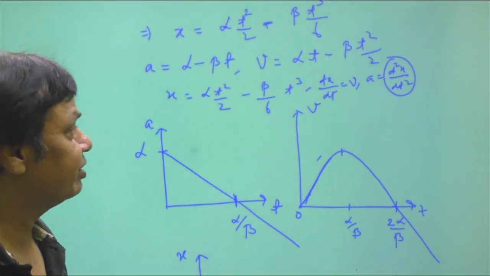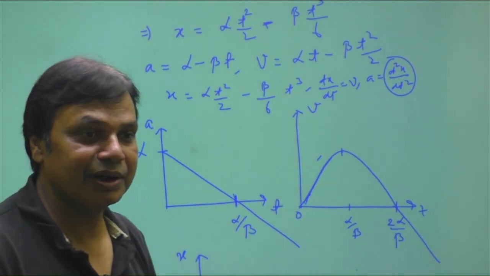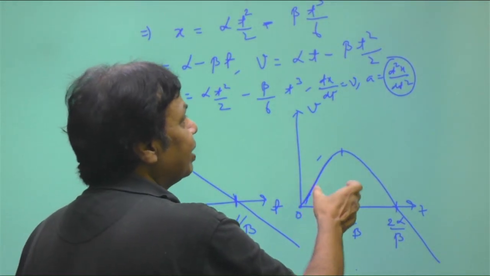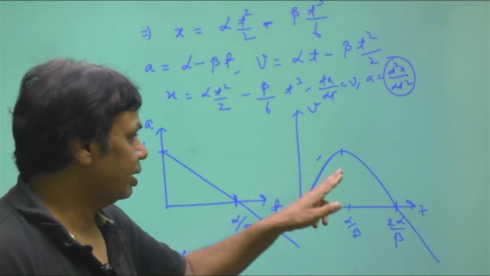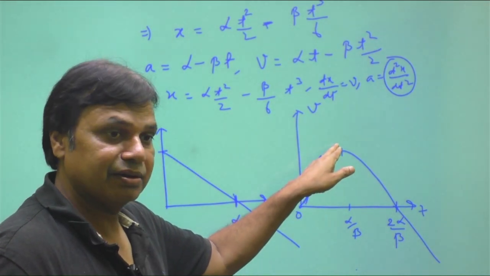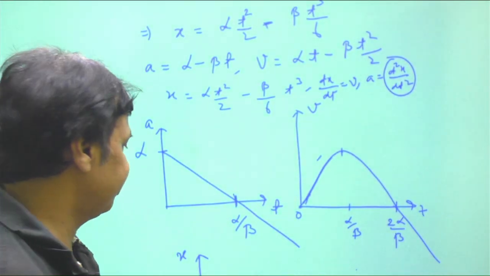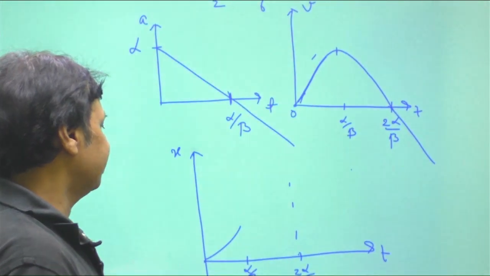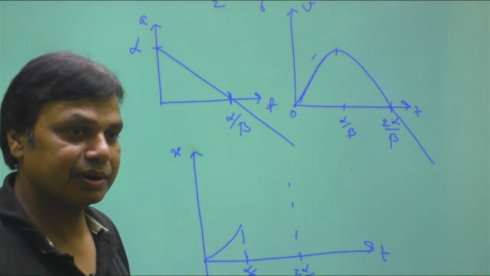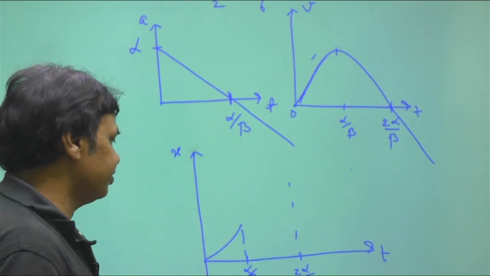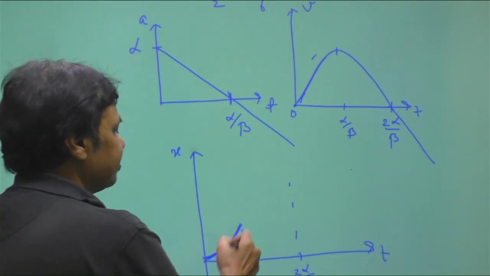And what was the curve between 0 to alpha by beta? Between 0 to alpha by beta, dx by dt was positive. And now we can add up things, and the curve changes its concavity at alpha by beta. Here concavity must change, and before that, if its concavity was like this, it should be like this,